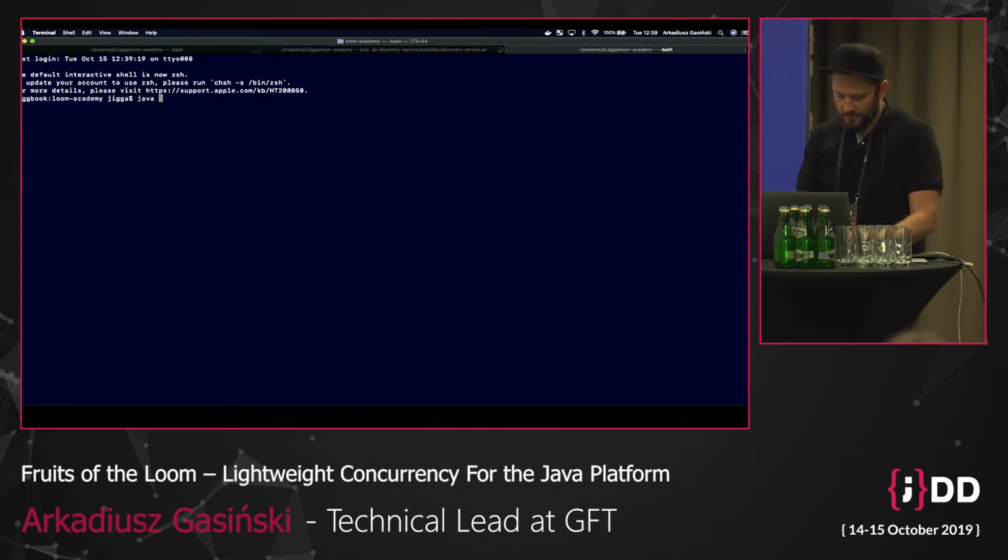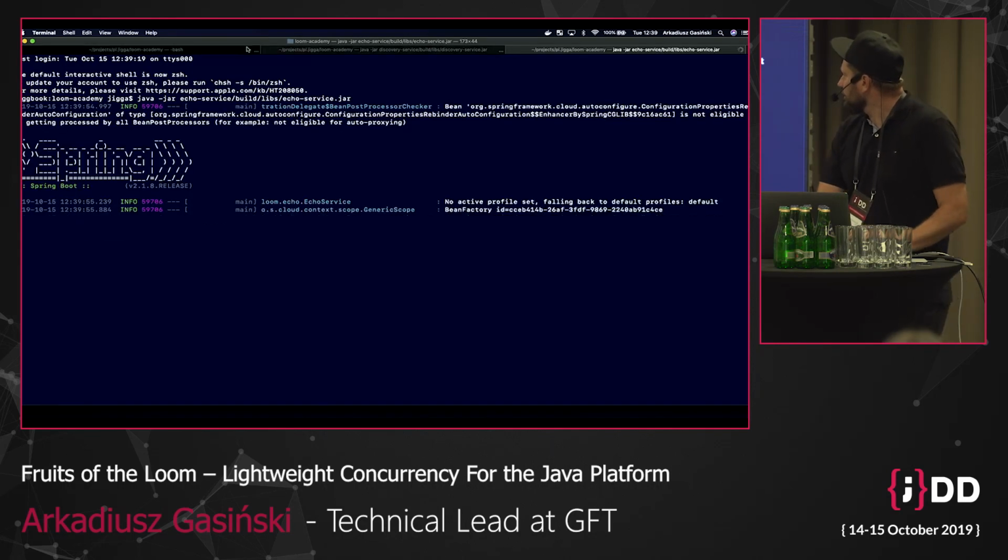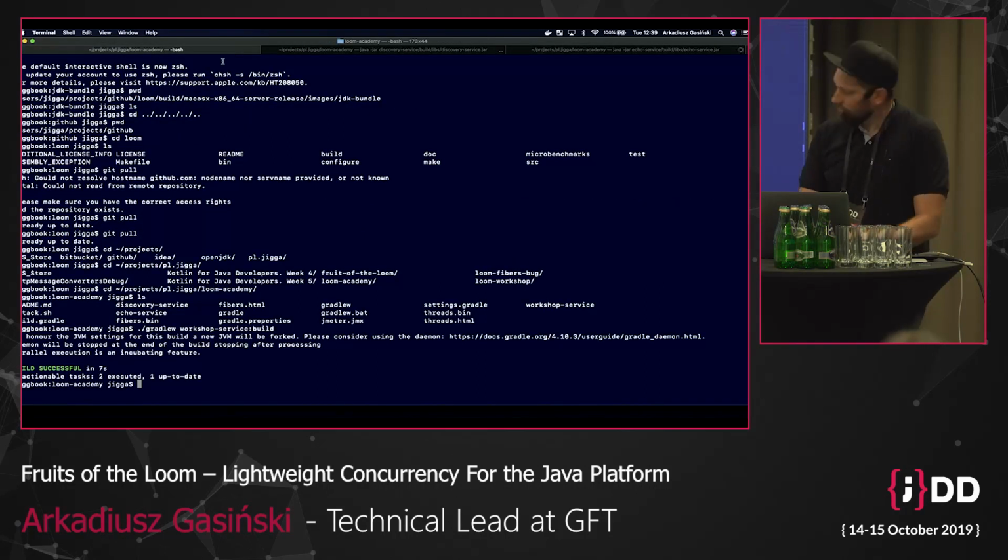Next, I'm gonna start the upstream service that we'll be calling, which we call echo service. And last but not least, I'm gonna start the workshop service, which is the service that we'll load test.